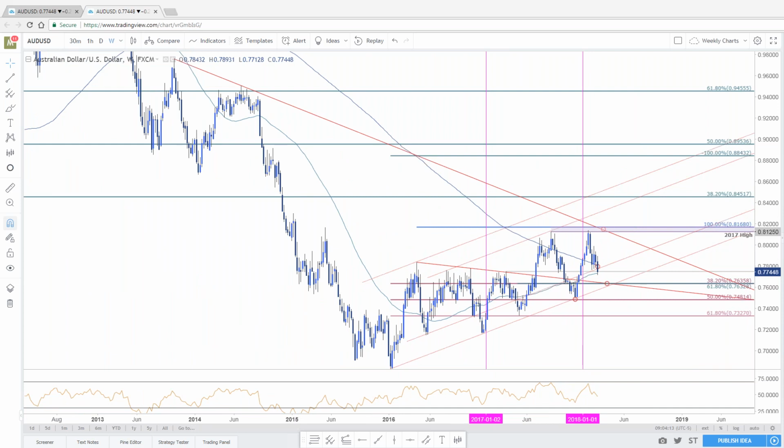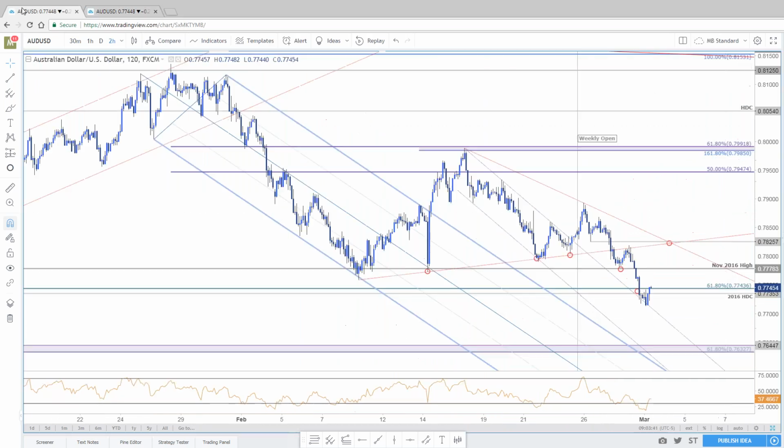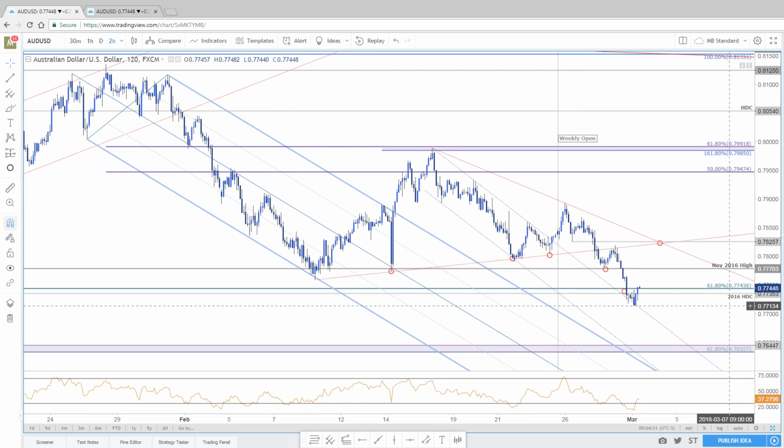Pooja says, I shorted Aussie on a break of 78 during the U.S. session today. Left limits at 77.42. And went to bed, woke up with a nice 50 pip profit. Nice call, right on. Well, all I'm doing is helping you identify the levels, Pooja. You're the one doing the trade, so amen to that. I appreciate it, and nice play. Absolutely. I mean, the 78 handle was a gutsy call just to sell there, but on this rebound, there was the opportunity to make that move against that stop for 77.40. Nice call, well played.